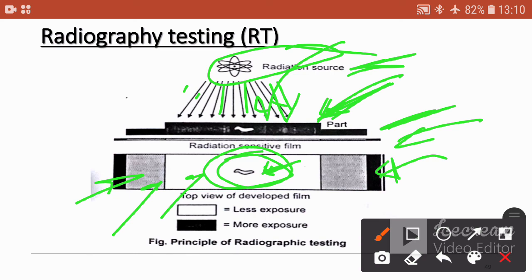If the radiation falls directly, you get a very dark region. If it is not falling directly, meaning radiation is falling on the material, not on the film, then you can have a very light region. So this is radiography testing.